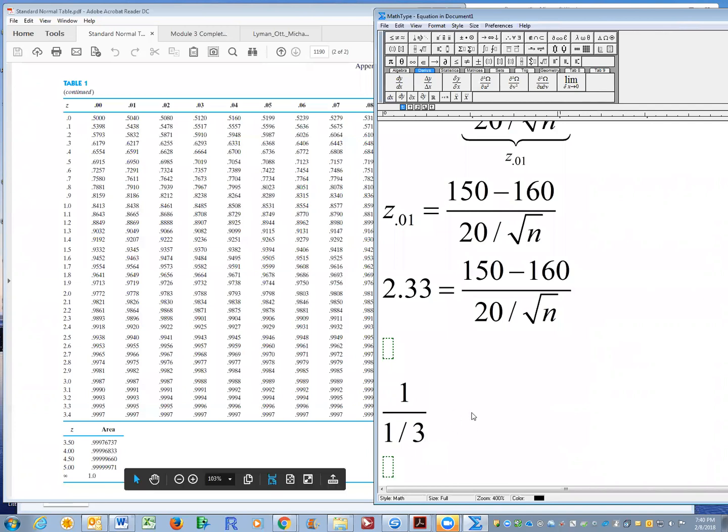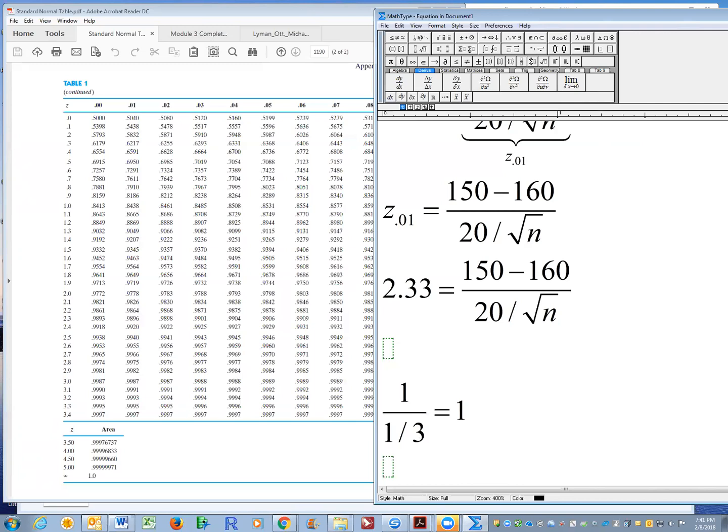What is 1 divided by 1/3? Really, it can be kind of confusing. This 3 here is in the denominator of the denominator. If you think back to what division is, division is multiplication times the reciprocal of the thing you're dividing by. So 1 divided by 1/3 is really 1